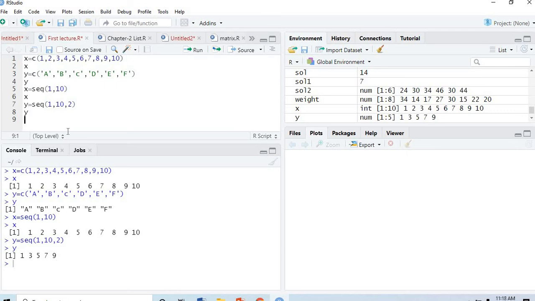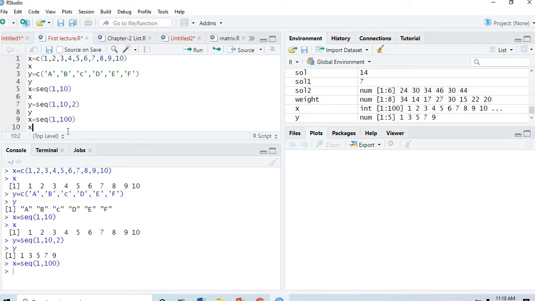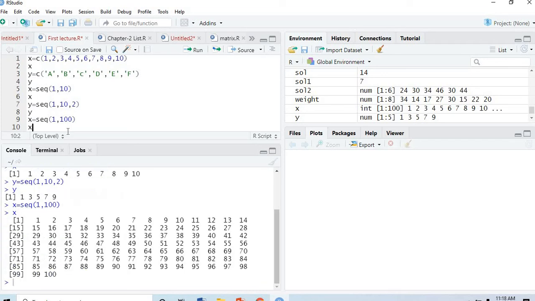Similarly, you can create the vector X equals seq and type 1, 100, which means we are creating elements from 1 to 100. Press Alt plus Enter and check the value of X. You can see we have created elements from 1 to 100 using the command seq.